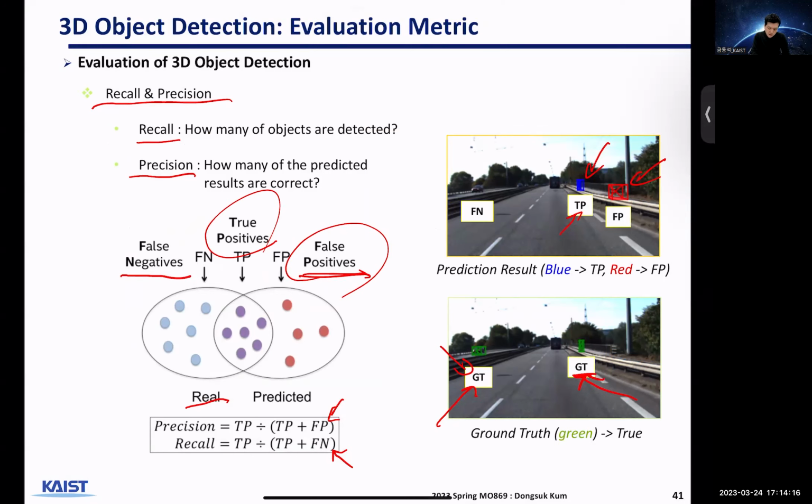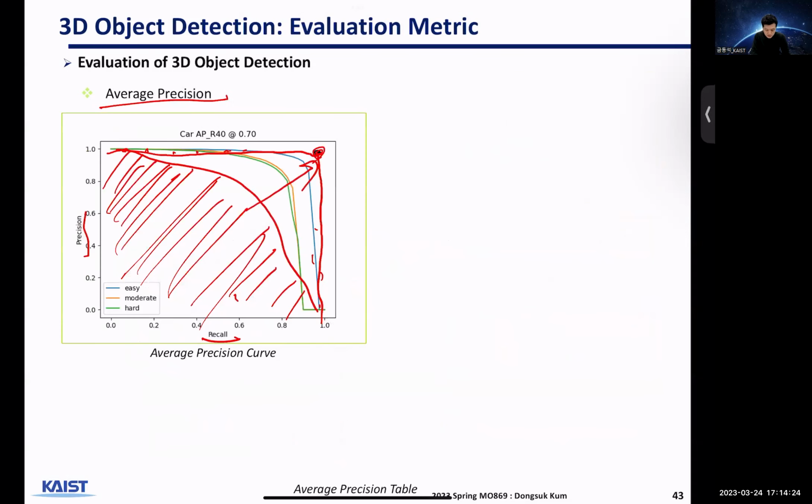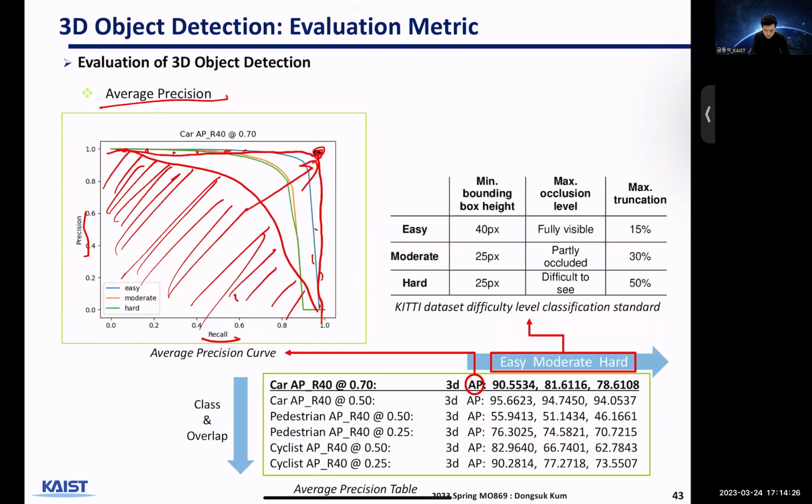The same can be applied to 3D object detection, but for the nuScenes dataset, it's done by the distance between the center point of the GT and the predicted